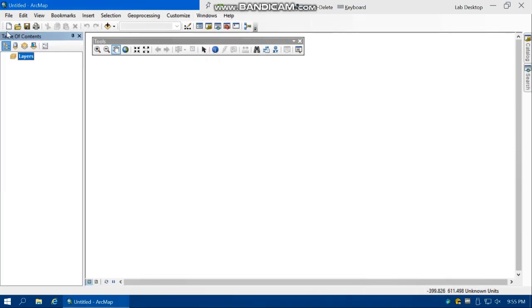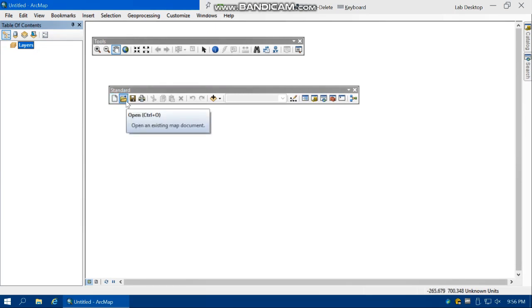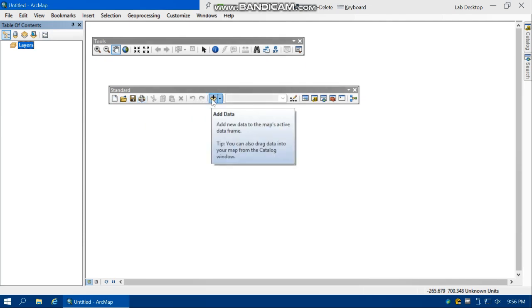The other important tool is called Standard Tools. So this one is a standard tool. You can create a new map, open an existing map, save, print. One of the most important buttons here is the Add Data button. The Add Data button allows you to load GIS data such as shapefile, raster file, tables, and so forth into ArcMap.